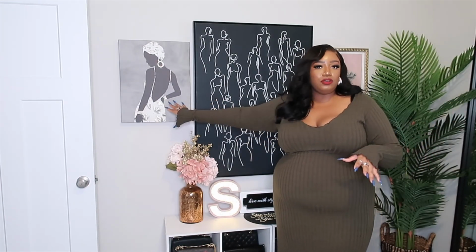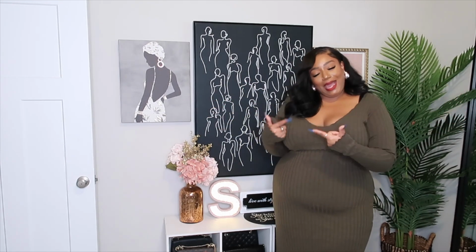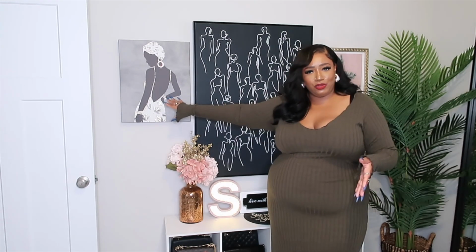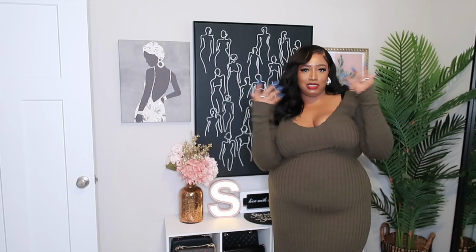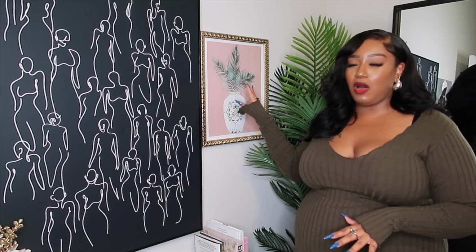There's so many photos out like this of women's silhouette, but a lot of them are white women. No tea, no shade, but I didn't want to put a white woman on my wall. I wanted her to be black don't crack. That's just me, okay? And this painting right here is this framed canvas of some palm leaves that are in